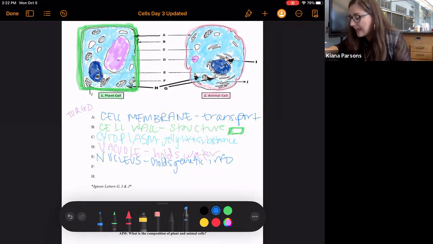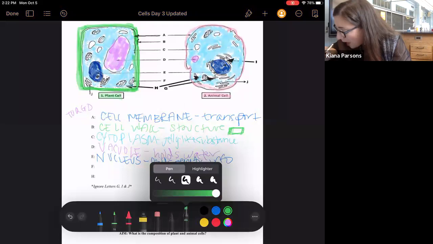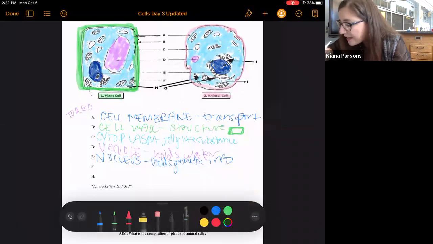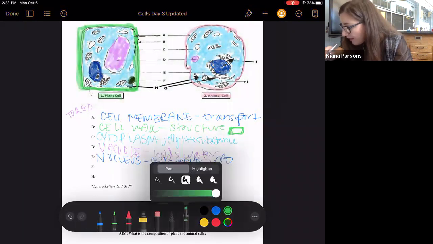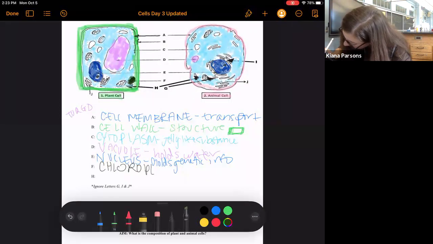All right, let's look at letter F. So the structure in letter F, we're going to color a darker green color because this is another plant-only structure, and we like to use green to signify our plant cells. And ooh, that is a little bit of a dark green shade, but that organelle, very important to the life of the plant, is the chloroplast. So the chloroplast makes glucose